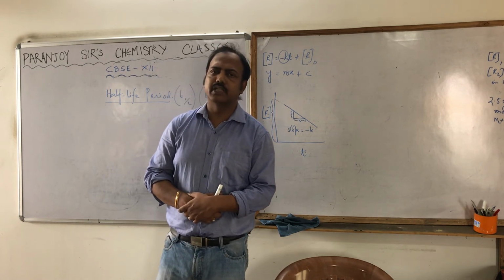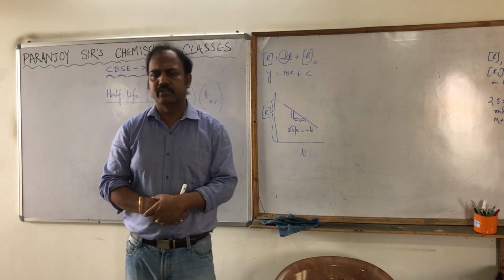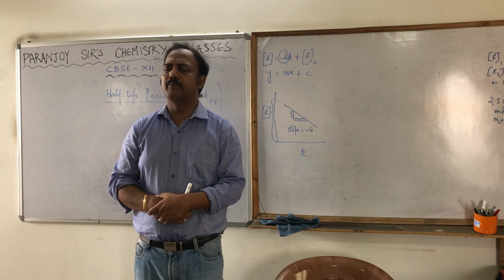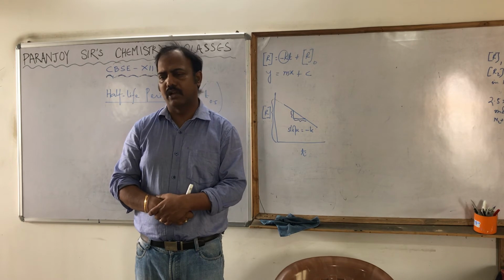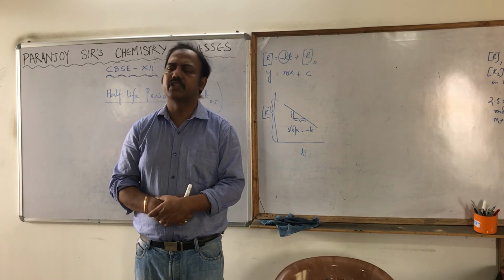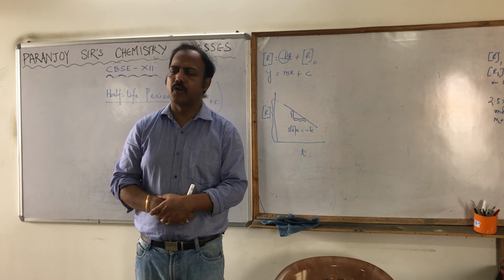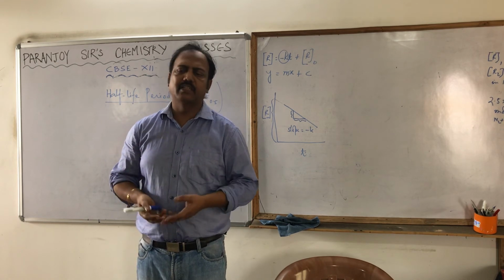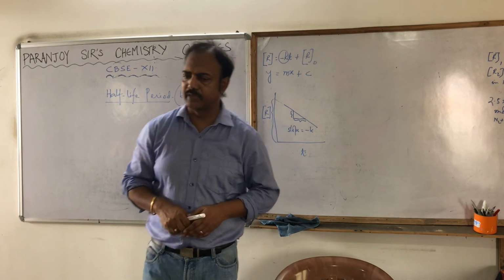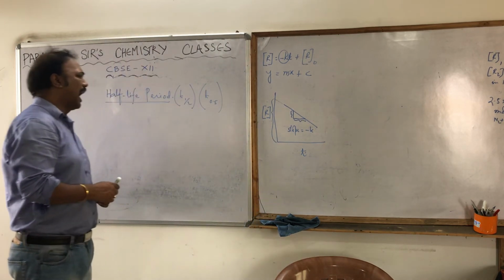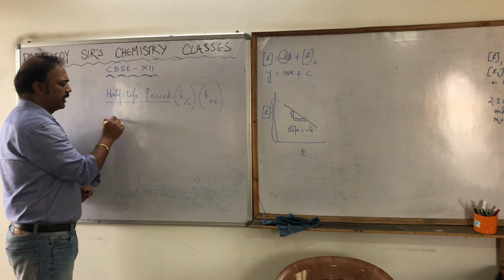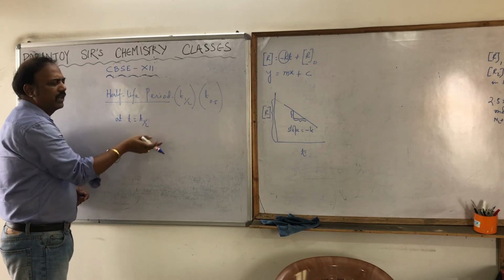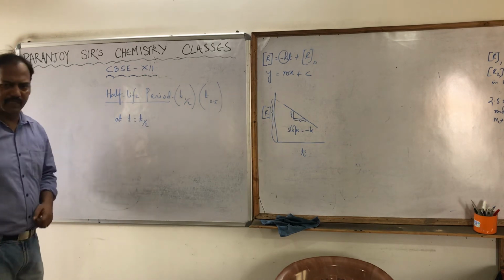If the initial concentration is 500, one time will come when it will become 250. That time required is called the half-life period, and it is denoted as T half. Hope all of you understood what is half-life period. Now whatever I said, the same thing I am going to write mathematically. Please understand this. At t equals T half, that means when the time is a half-life period,